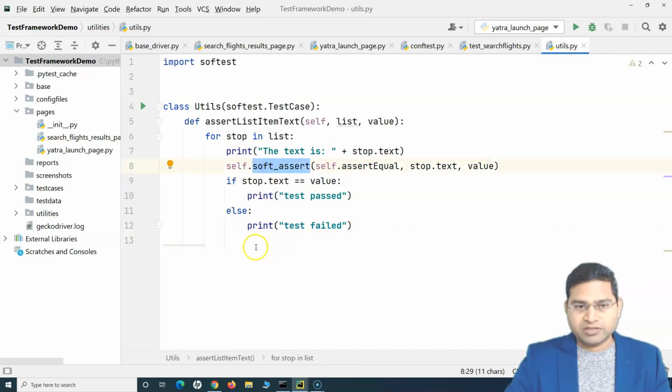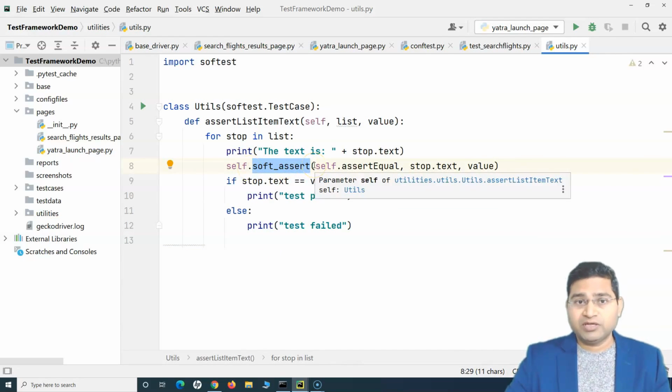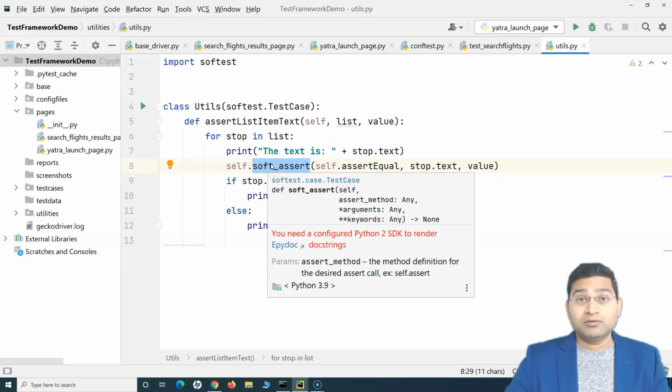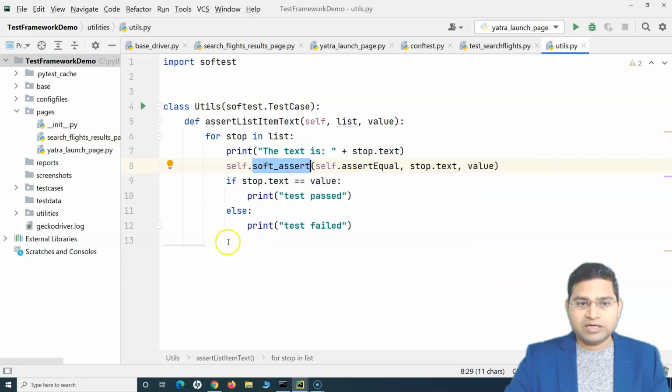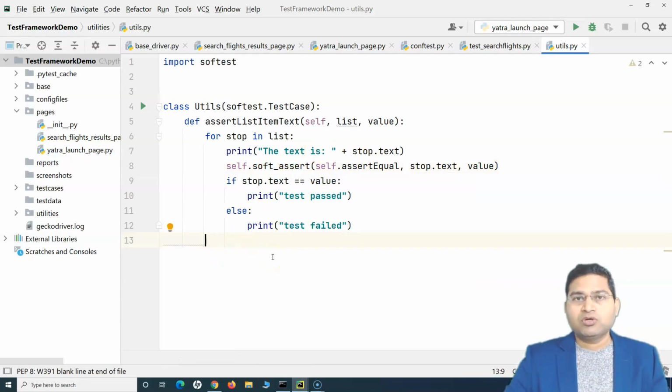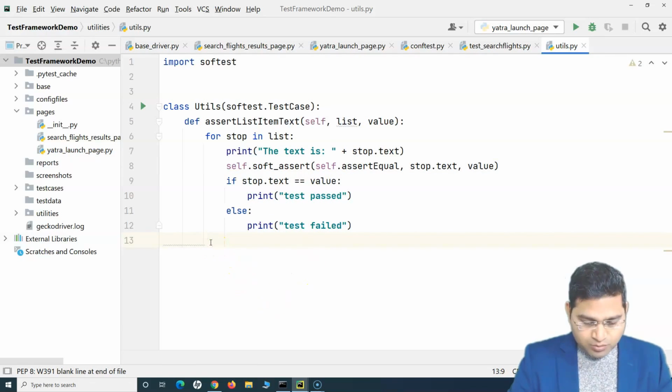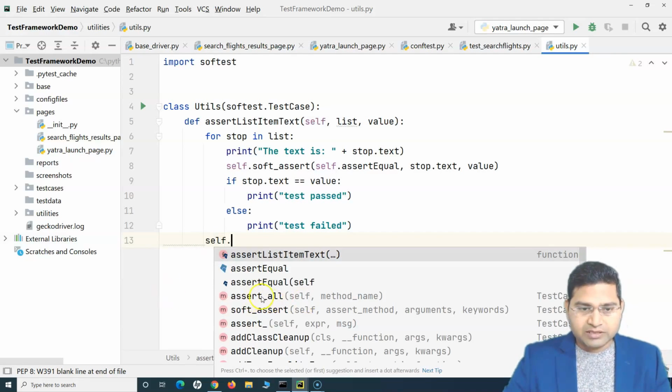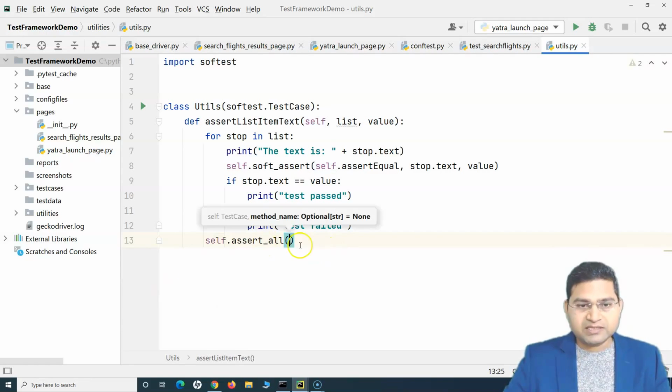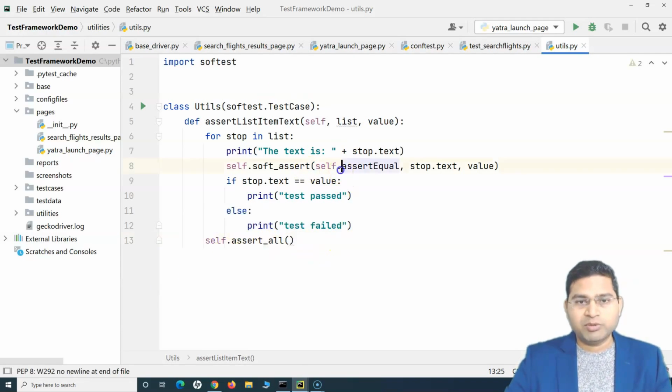Now we have done the soft assertion, right? So when the assertion failure or verification failure happens, the script will still continue to verify all the 41 values, or whatever number of filtered values there are, and at the last we want to mark it as a pass or fail based on whether there were any failures in those 41 verifications or everything passed. So at the last we can simply say self.assert all, and that's the only change we have to do to implement soft assertion